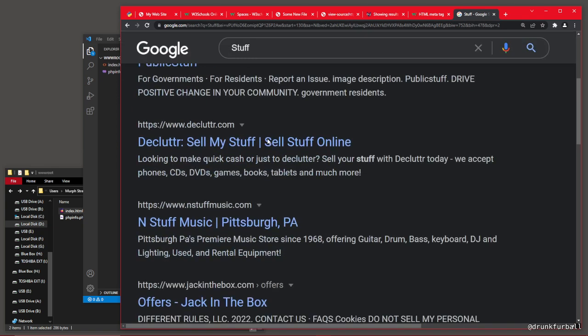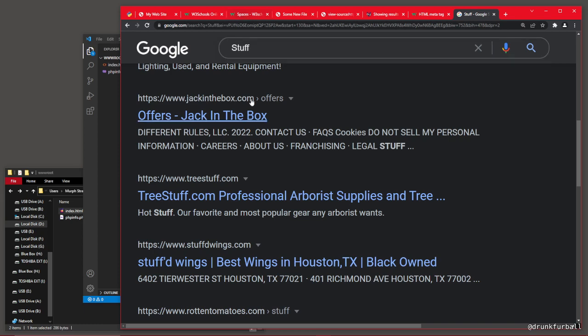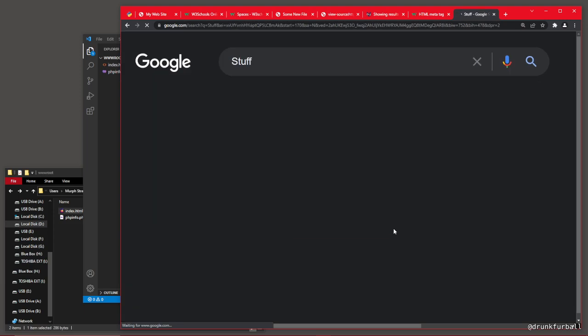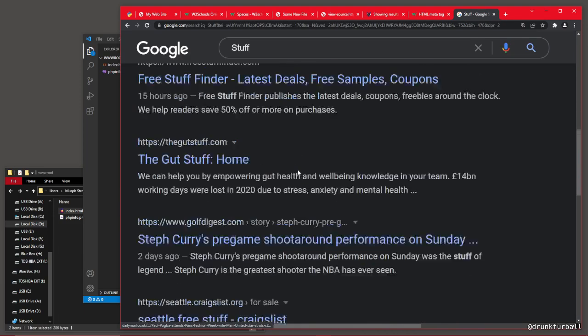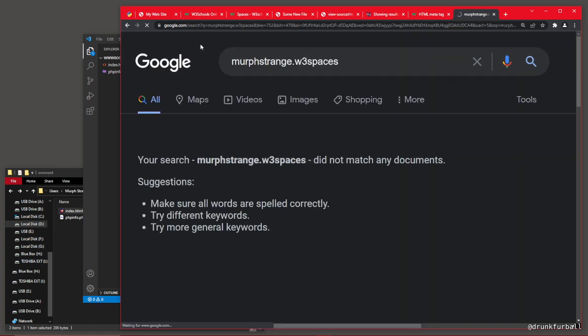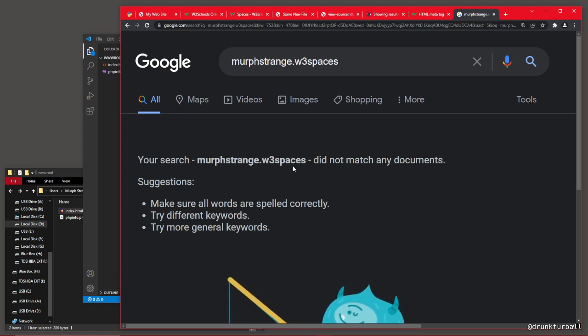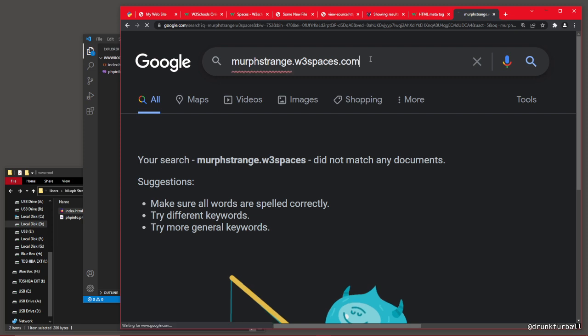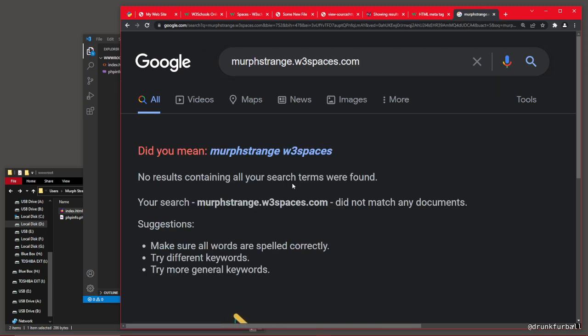If I even show up in Google search results, I don't know if W3 Spaces shows up in search results. Yeah, no, these pages don't even show up. So, but anyway,